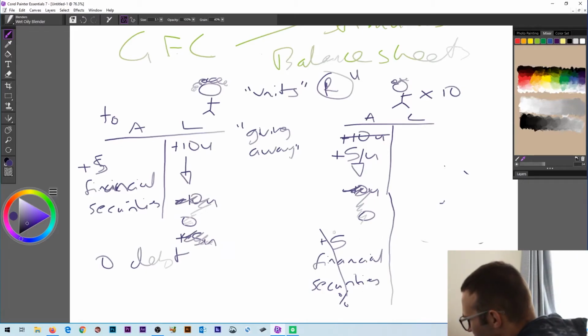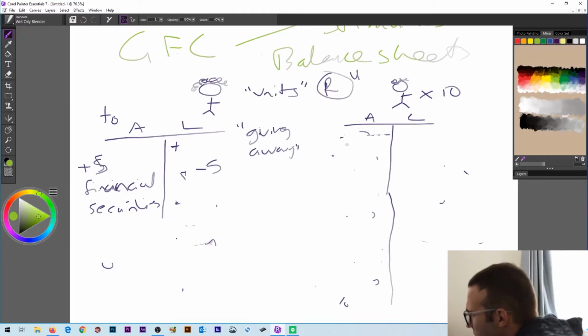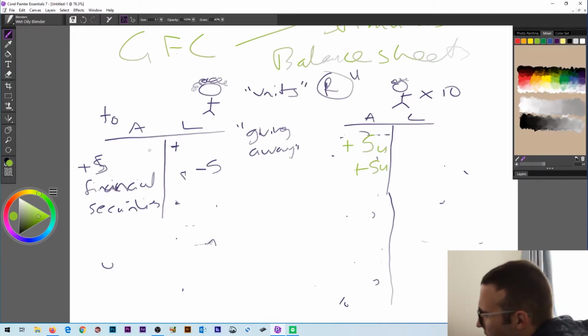So the question is, now that these financial securities have been transferred over to you on your asset side, how do you fund them? Simple. You just credit yourself. Minus 5, so now you have plus 5U on this side, currency, and you just credit people plus 5. So what's happened was we had plus 5 previously, plus 5U. People sold their asset, you gave them plus 5U. So now we go back to plus 5, plus 10, which is what people want. On this side, you've got your financial securities and you're still plus 5 in debt on your liability side. So these balance out and these balance out.